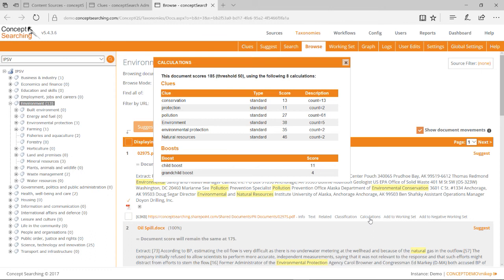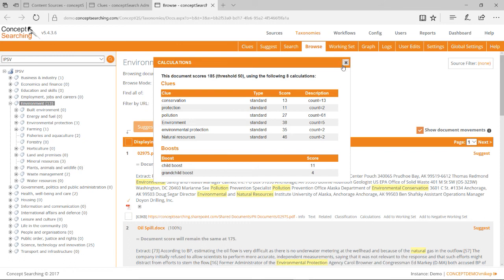And as the knowledge owner, I can then take the judgment call as to whether I should remove certain natural language, or perhaps reduce the score of some of my pieces of natural language, or whether I should just leave this because this document absolutely should be being tagged in this way.